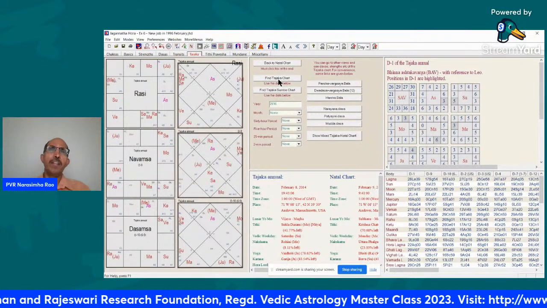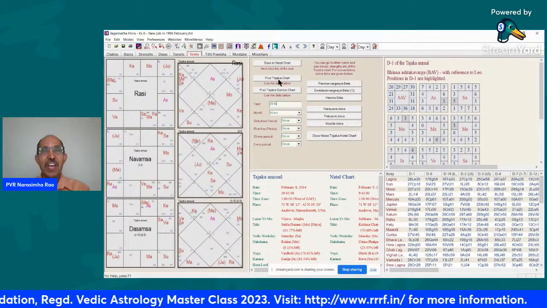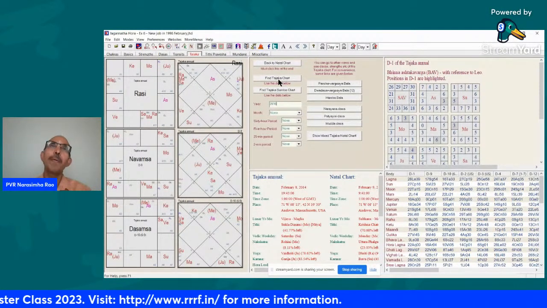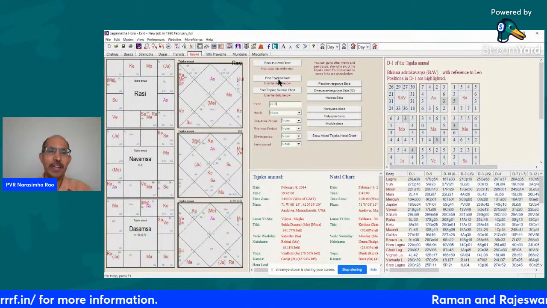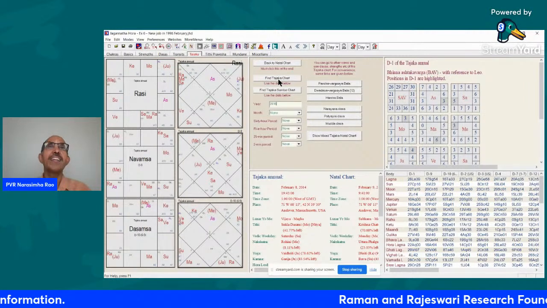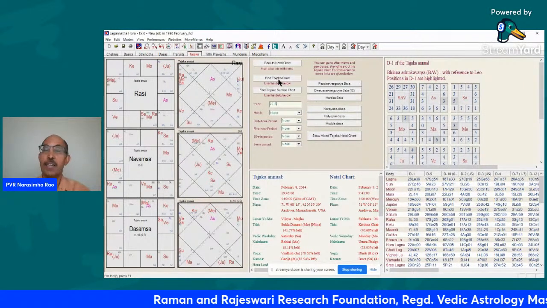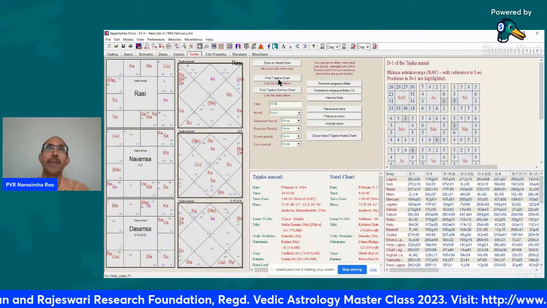Of course, one note of caution I want to add is, if you see a combination like this, don't just predict that the person will be promoted. That is one possibility. What it shows is there will be recognition in career during the year, and it can come with a promotion, or it can just come with people seeing what the person is doing and appreciating.